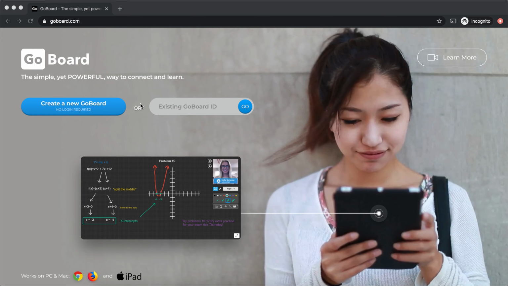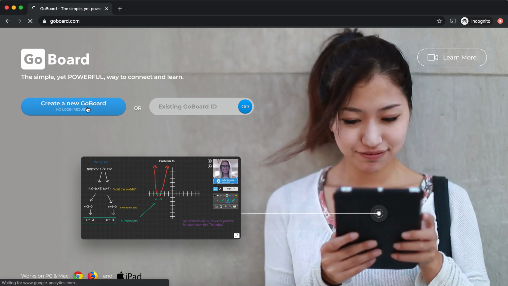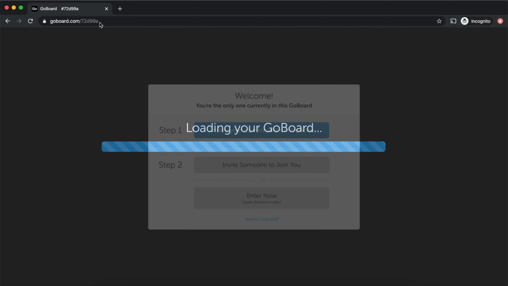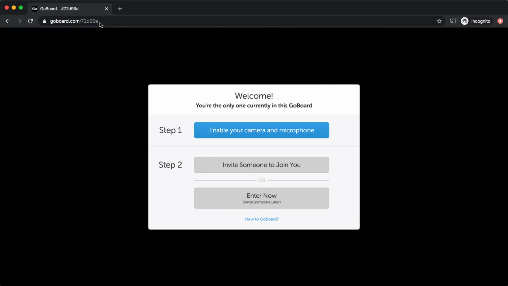Now, when you go to GoBoard, you have two options. You can create a new GoBoard, or you can enter an existing GoBoard. When I create a new GoBoard, you'll see that the 6 characters at the end of my URL are my GoBoard ID. So, 72D99A. That is my GoBoard room, my GoBoard ID that I would enter if I wanted to go into an